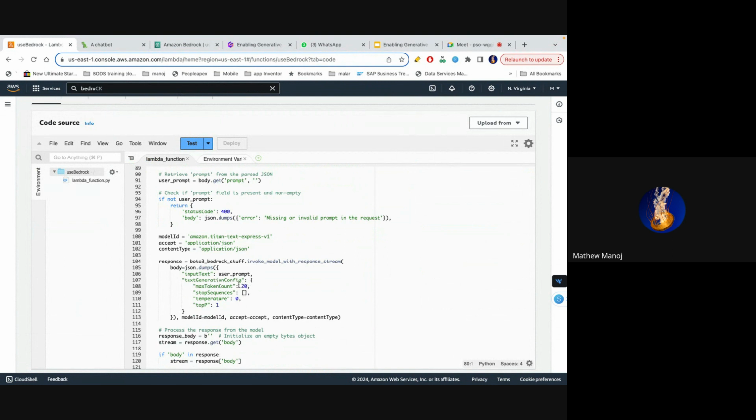I have set the maximum output to 20 because this is a small model that can only give small output. With bigger models, you can increase it to 100 tokens or 200 tokens, or something like that.